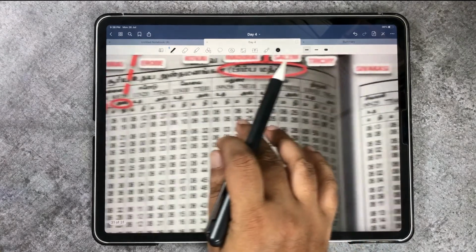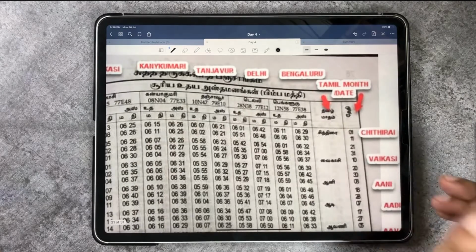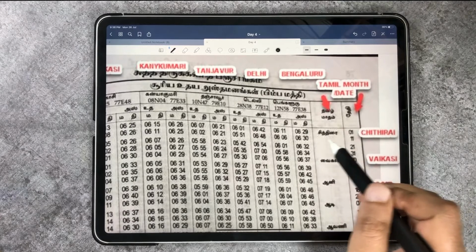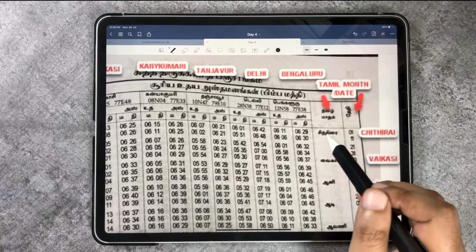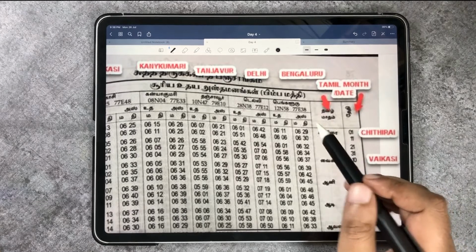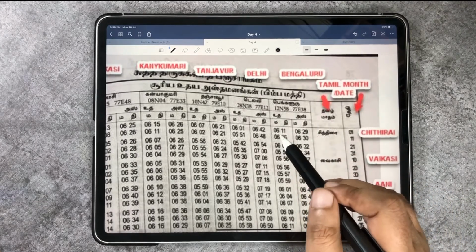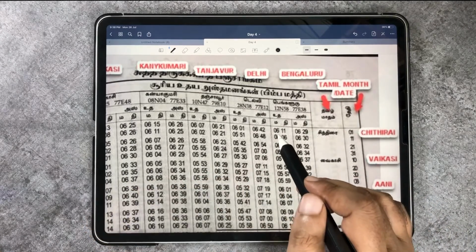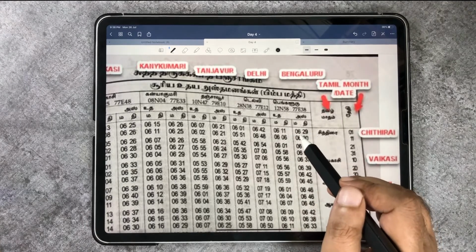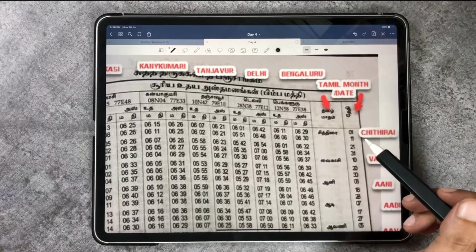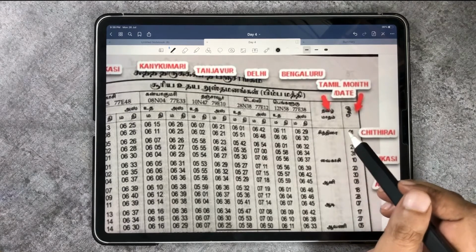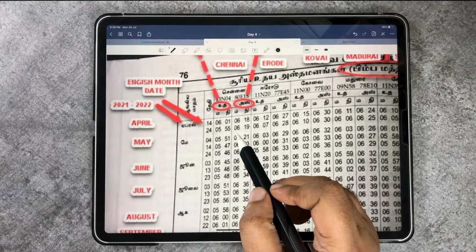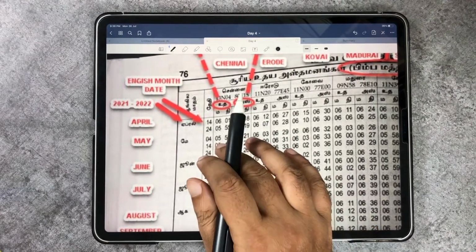Now this would vary from place to place. Like for example, the same date, that is April 14th, the equivalent Tamil month and date is given, that is Chittirai the 1st. So in your calendar, you would have your regional month. So here for Bengaluru, the Surya Udayam is 6:11. There for Chennai it is 6:01, but here it is 6:11 for Bengaluru. The Surya Astamanam is 6:29, on April the 14th, that is Chittirai 1st. So let's just take Chennai here: 6:01 Surya Udayam, 6:18 p.m. Surya Astamanam. Right?